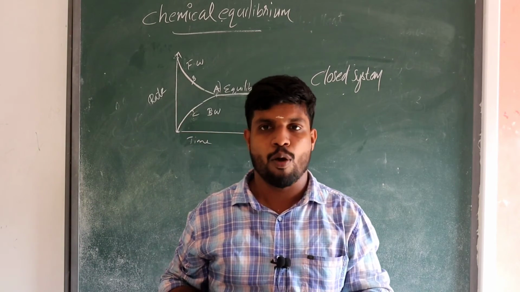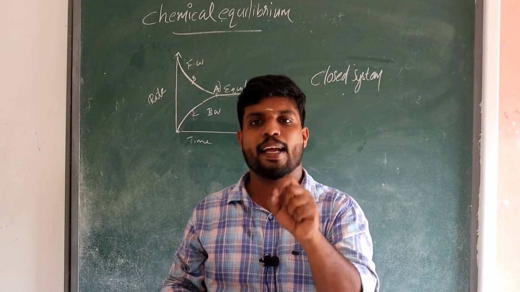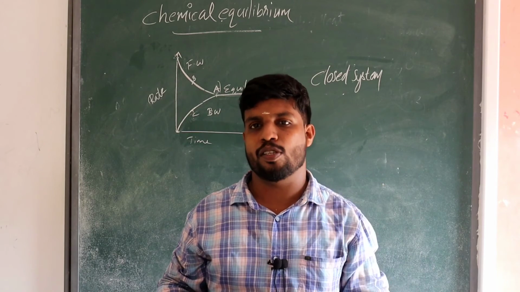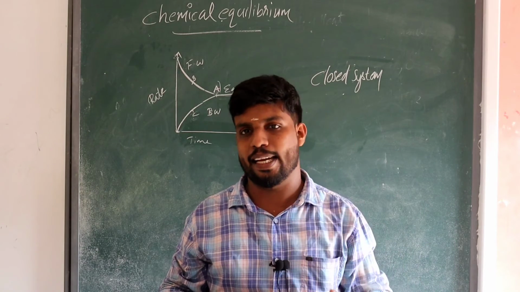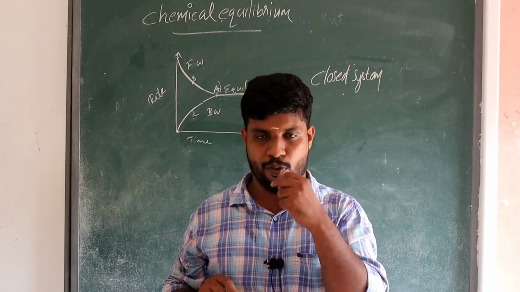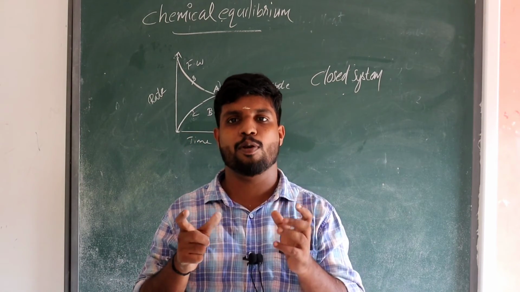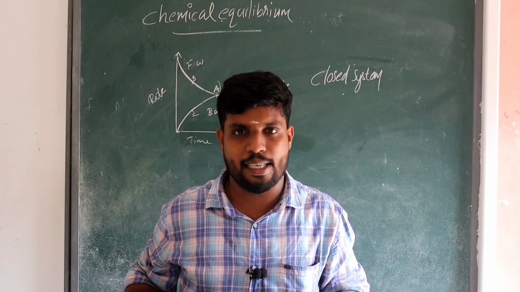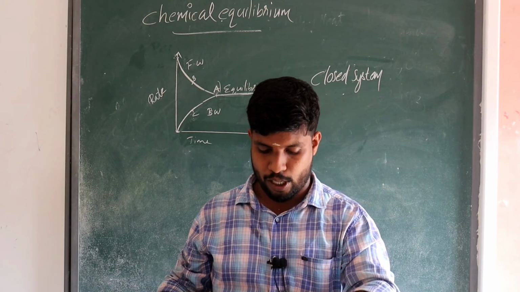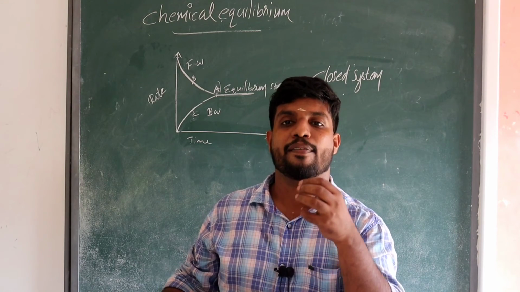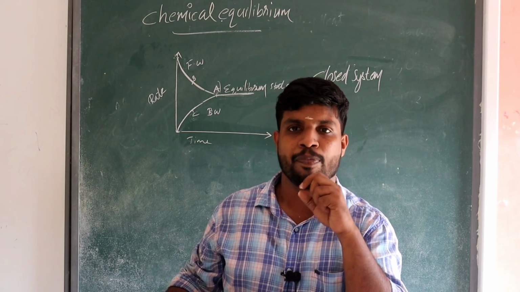In a reversible reaction, or in an equilibrium, both reactions are taking place. That means the reactants and products both exist in the system. The system contains the reactant as well as the product, and the reaction is kinetic; it takes place in both directions. But if you observe, you cannot identify whether the reaction takes place or not, because there is no particular change, since the reactions occur in both directions. That's why it is known as the equilibrium position. At the equilibrium position, the rate of forward reaction and backward reaction are equal. Then the reaction is dynamic, meaning it takes place in both directions at the molecular level.